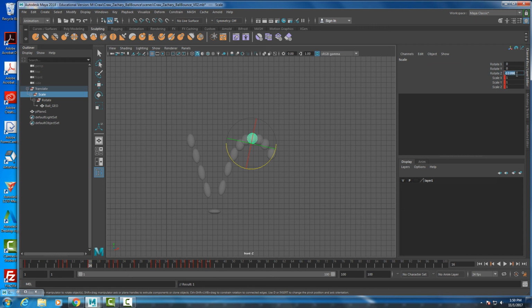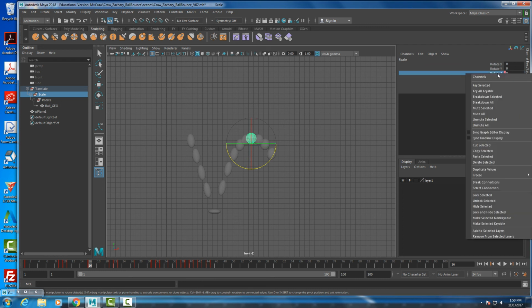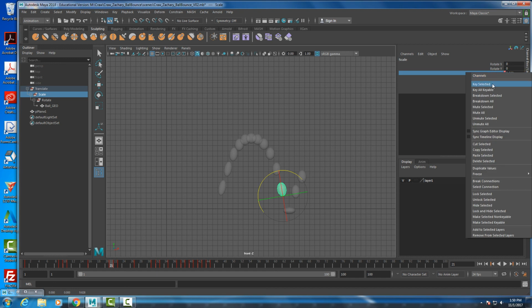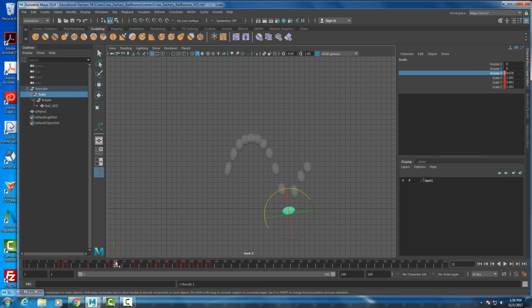So let's grab that rotate Z, key in a 0, and key select that. Let's go to the frame again right before the contact, tilt this back, key select. Let's go to the actual contact and zero out the Z, key select that. We'll go to frame 23, tilt it forward, key select, and so we're just going to work our way through